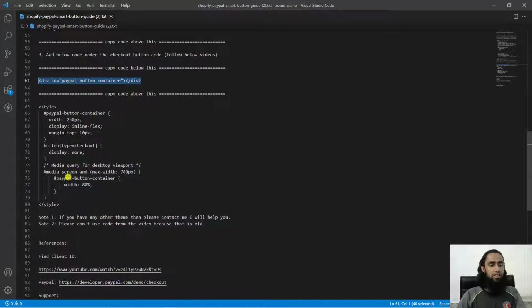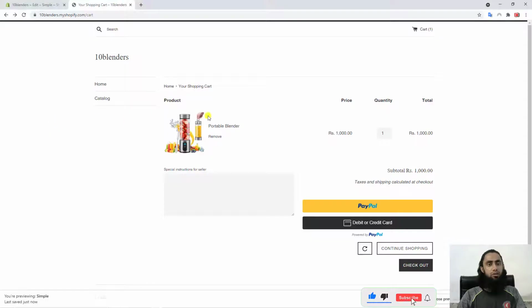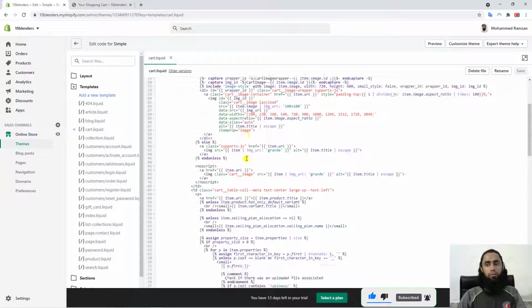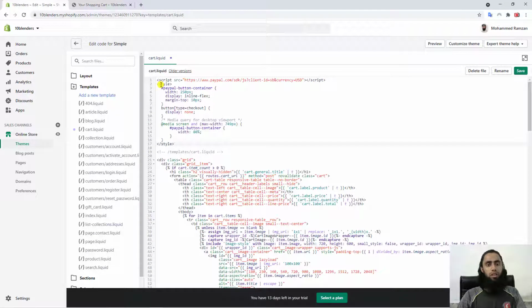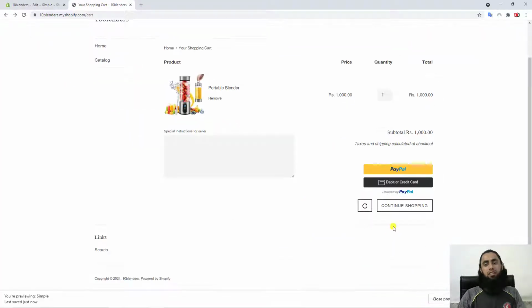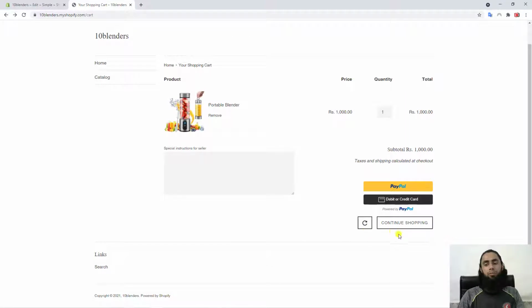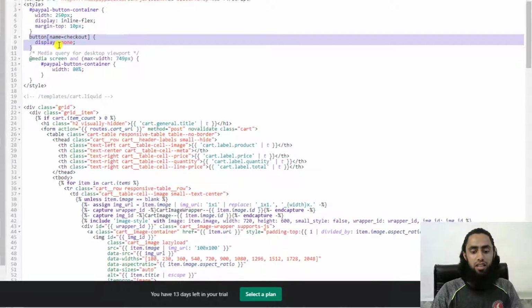I have already designed a few things, so I am going to copy this whole style tag from here, and then paste it at the top, at line number 2, you can call it. Let me save this one, and now if you refresh this, you can see that the checkout button has been removed from here. If you require that checkout button, then you should just remove these 2 or 3 lines.